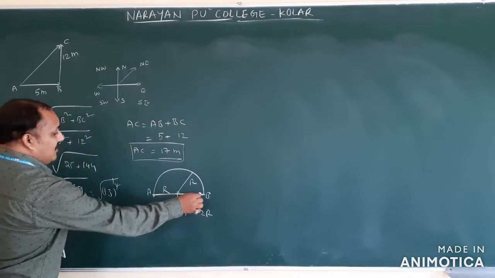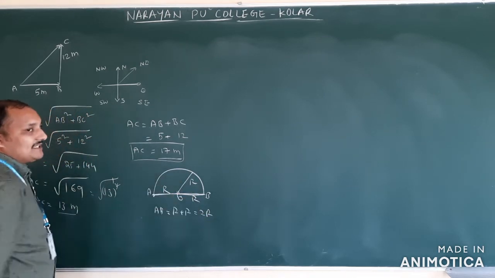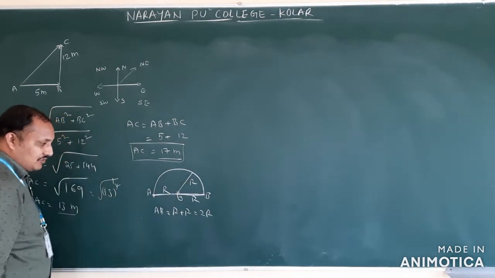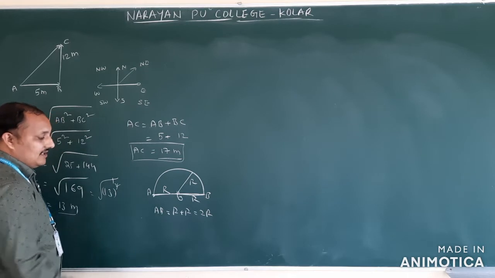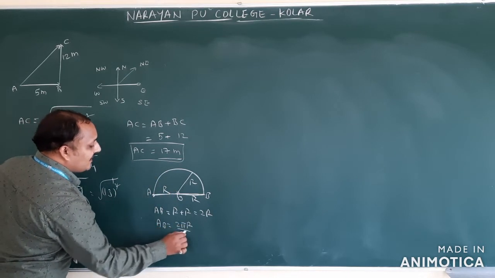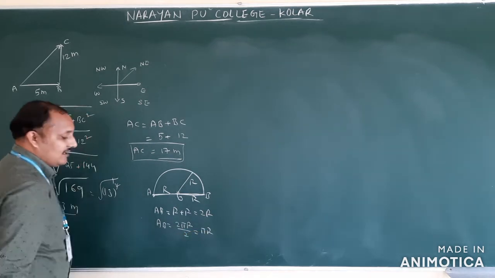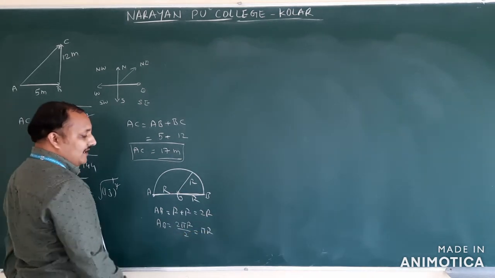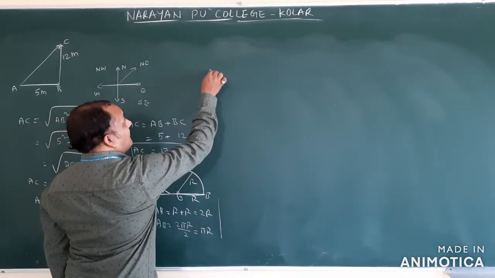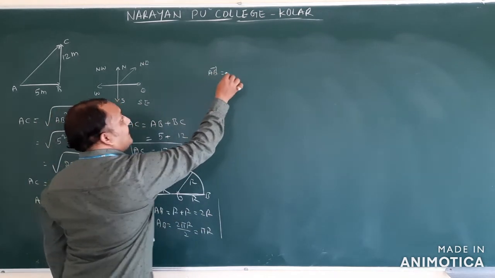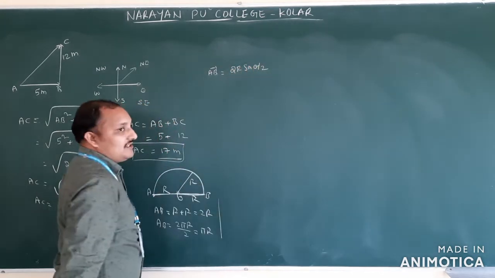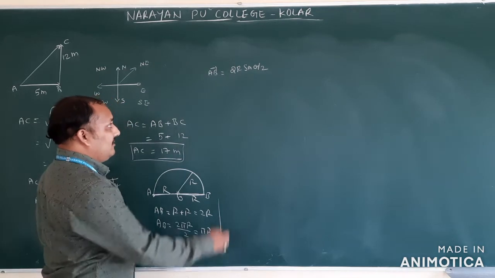What is the distance? Distance means the total path covered by the object. For the total circular path, we need half of the circular path. That is nothing but 2 pi r by 2, that is nothing but pi r. If you want, according to the formula for displacement, we give AB bar equals 2r sin theta by 2. Let us remember this formula. It will be available in the first video.